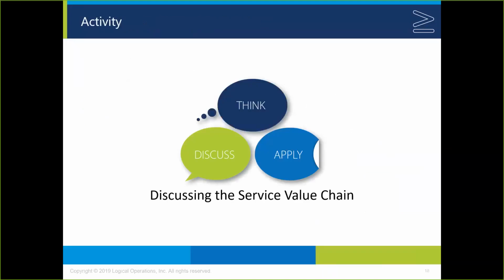So at this point, we encourage you to have a high-level conversation about the service value chain. When we get into the practices, we introduce the idea of the heat maps. This gives you a more detailed opportunity to have conversations about how the various activities participate in the particular engagement of the particular practices. But here, at least you can have a high-level conversation about how the activities would work together.